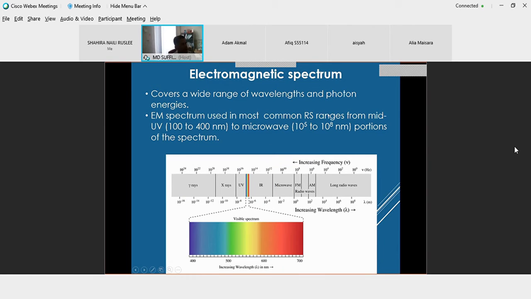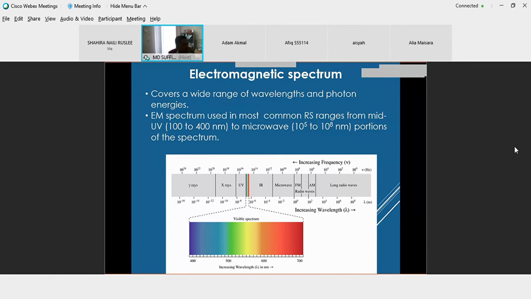And then electromagnetic spectrum. So saya dah cover sikit last week. Starting from ultraviolet, ataupun X-ray, until radio wave. Tapi tak semua radiation sampai ke permukaan bumi. Some will be absorbed by the atmospheric gases. Some will be reflected. Itu yang timbulnya konsep apa yang dipanggil sebagai atmospheric windows. Atmospheric windows is the spectral range that can penetrate through the atmosphere and reach the Earth surface.